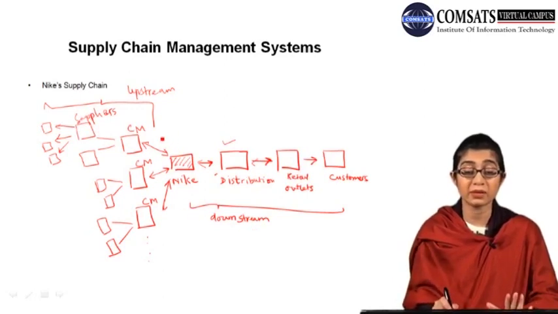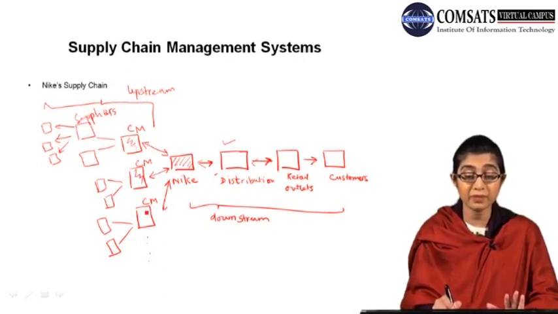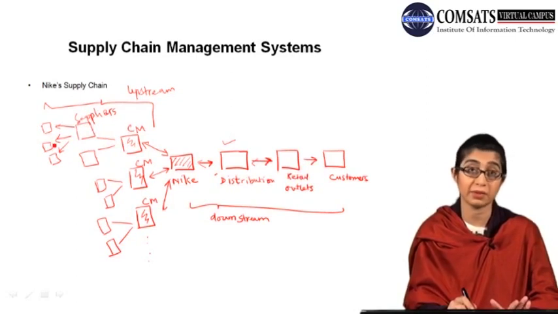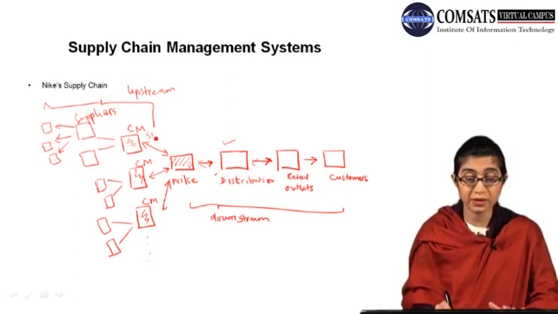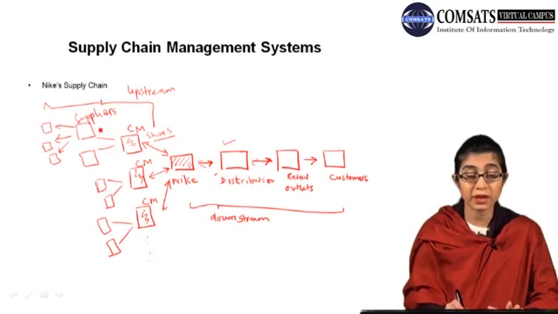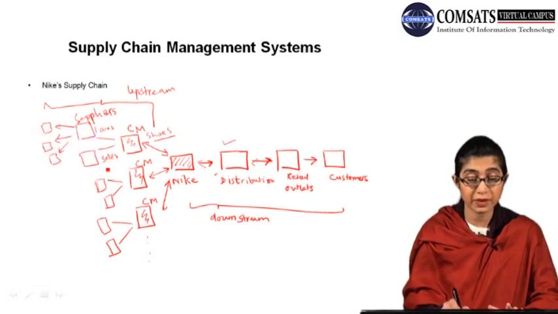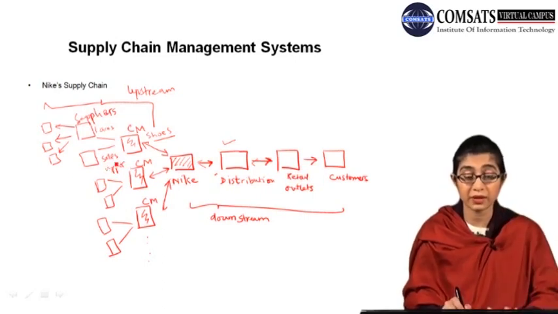Here when you're talking about the contract manufacturers, which are basically the suppliers, so these are the main suppliers, और उसके अलावा इन suppliers के अपने suppliers होंगे, and these suppliers may have their own suppliers. For example, these people are creating the shoes, right? अब इन shoes को क्या चाहिए? They need suppliers for laces, they need suppliers for the soles, and they need supplier for the upper as well. Upper जो कि shoes का upper होता है, right जी?